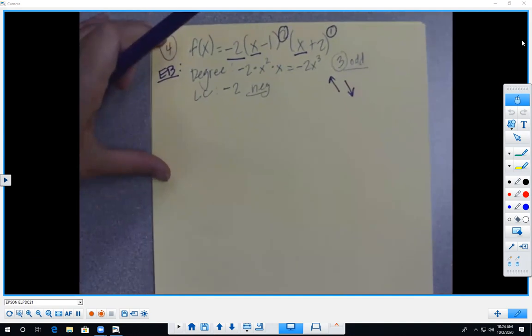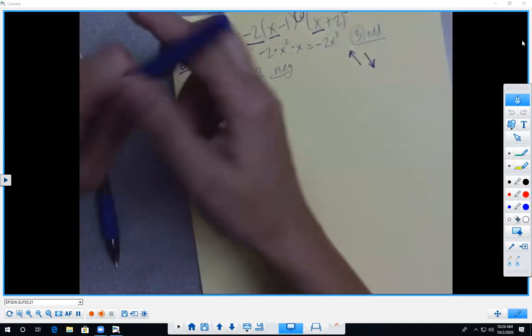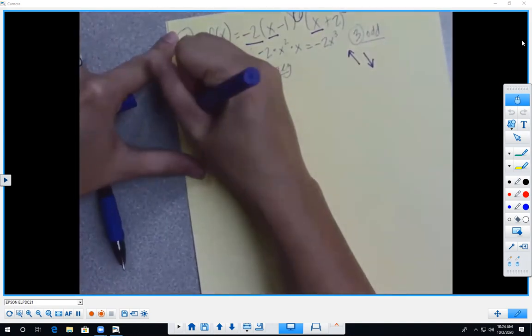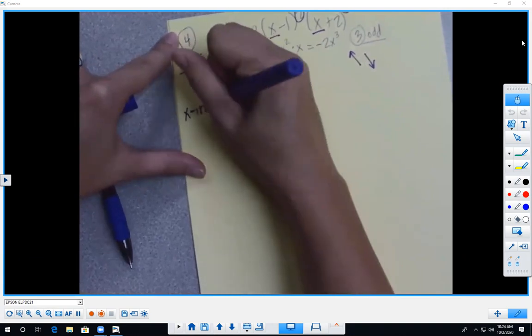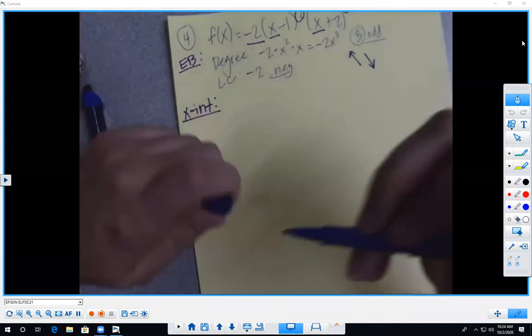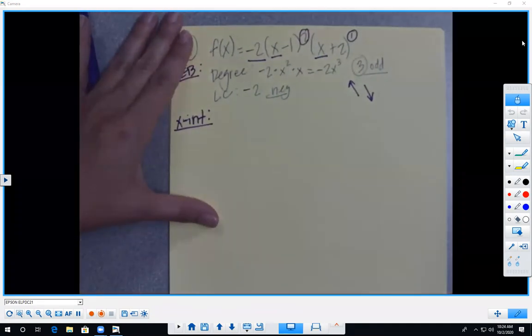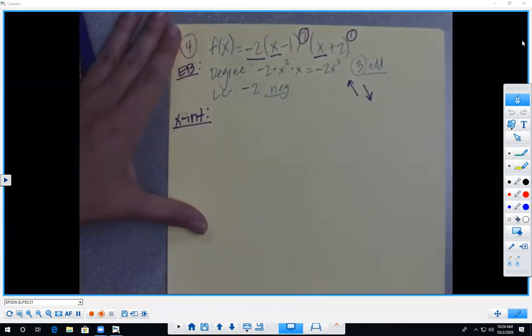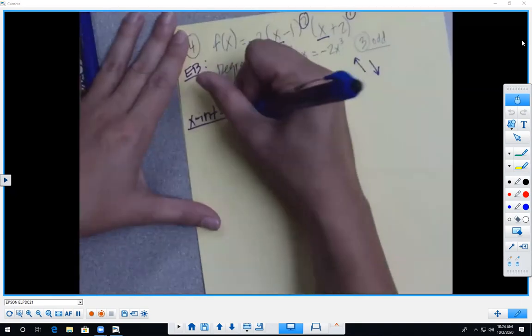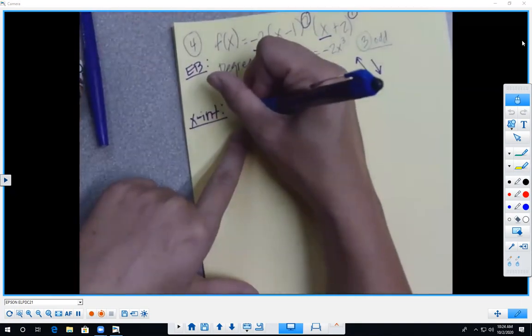Okay, so that's the end behavior. Now we need to find x-intercepts. When it's written like this, the x-intercepts are super easy to find because it's already factored for you, right? If you needed to, you could plug in 0 for y and solve for x, so